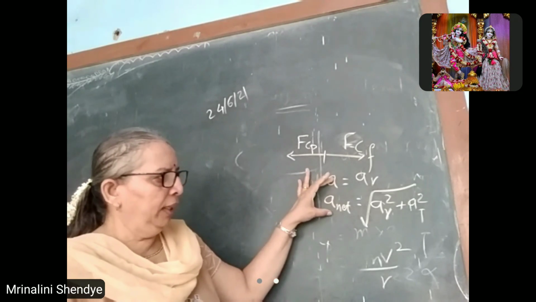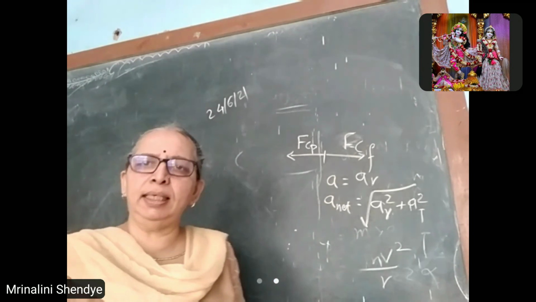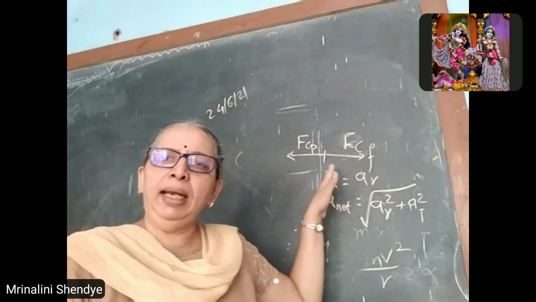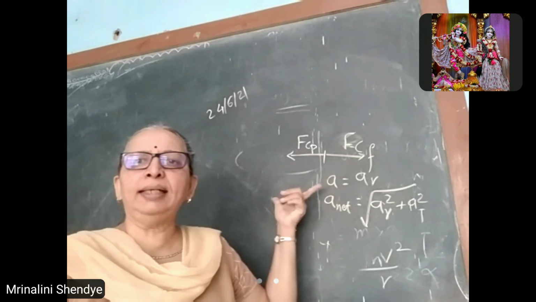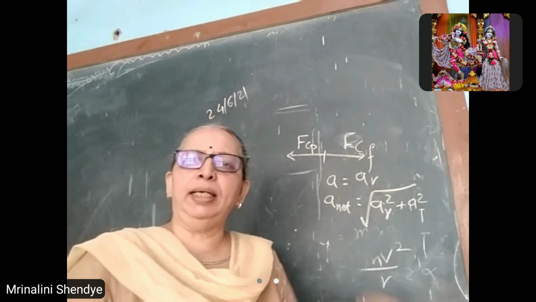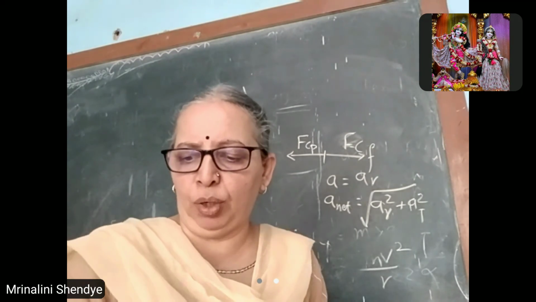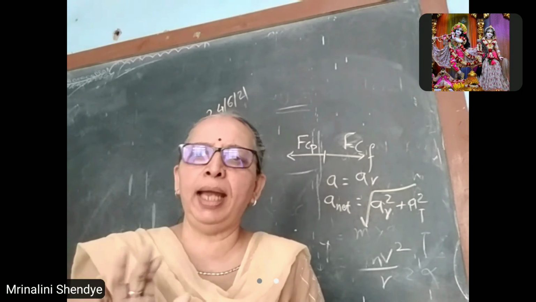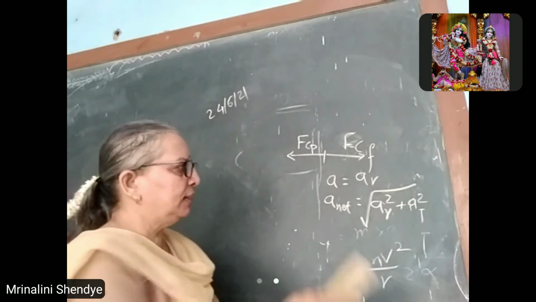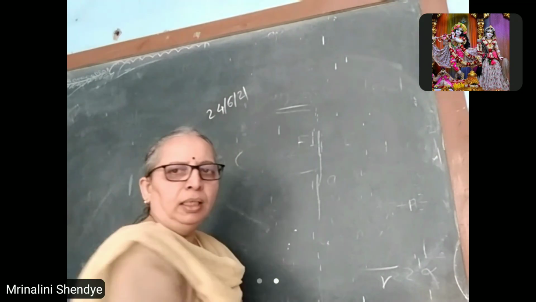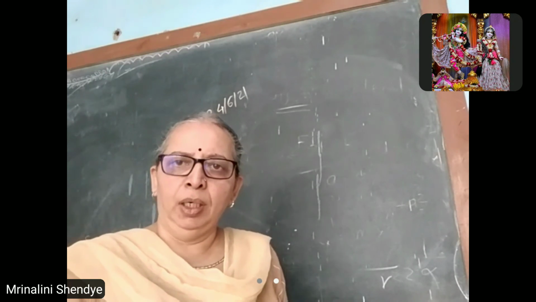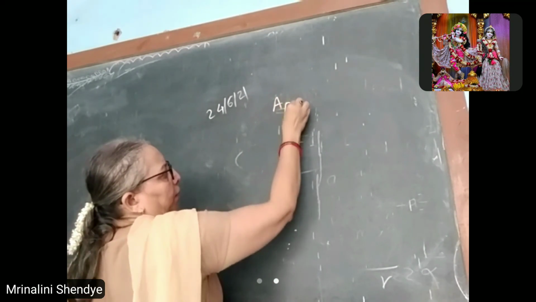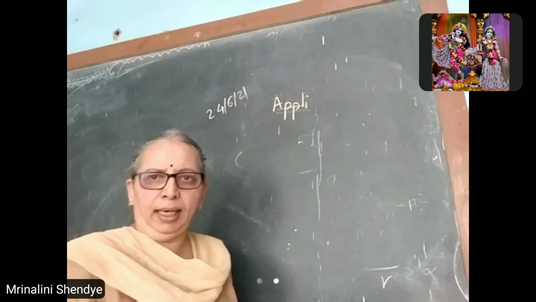So in both cases linear acceleration is present, only their magnitudes are different. Being accelerated, some force should act, centripetal, and to compensate you have to assume centrifugal. So centrifugal is not a real force. We are only assuming it. So this is the basic concept behind circular motion. So we first will consider applications of UCM. We already have stated UCM. We'll